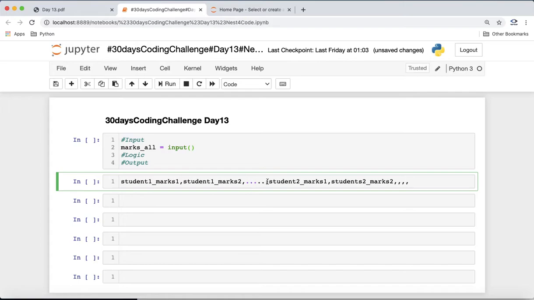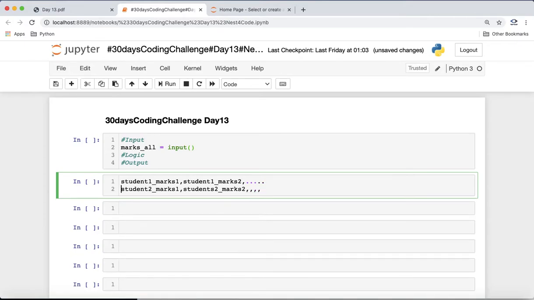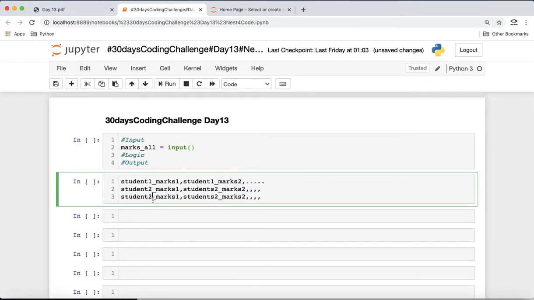We will be using the concept of split here. Once we split it based on semicolon, we'll get all the marks for student 2, and similarly all the marks for student 3, and similarly the marks for student 4.